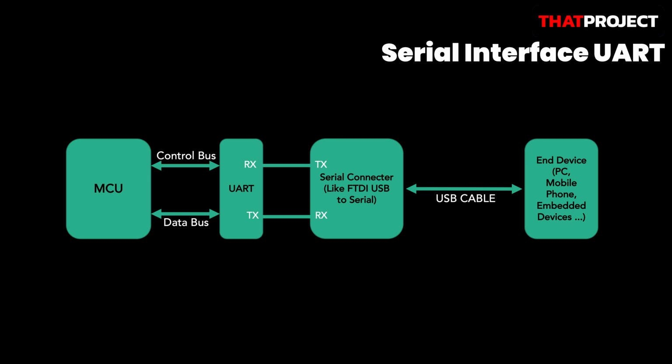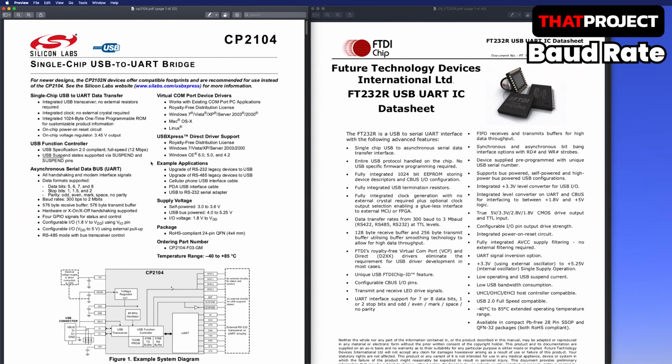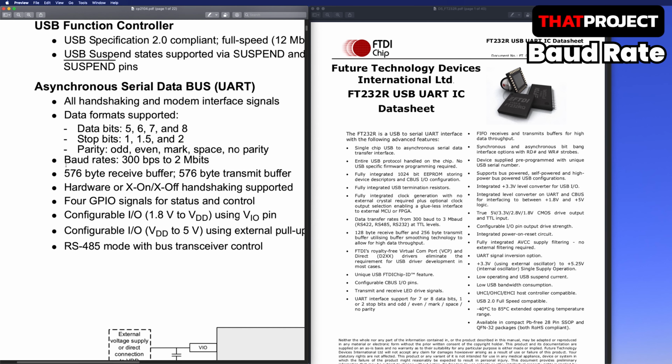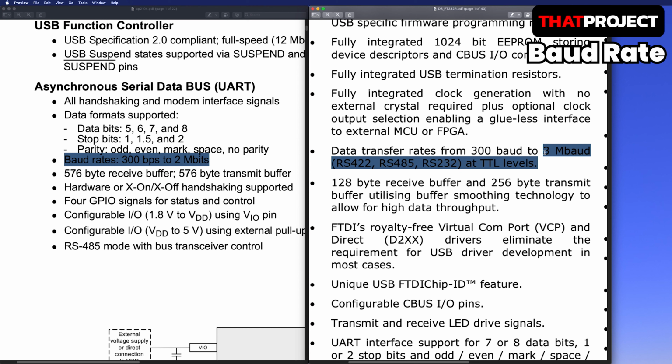Today I'm testing with two devices. These are ESP32cam AI Thinker and TTGO T-Camera Plus. Each has a different USB to bridge chip and maximum transfer rate is different, so I think we can compare those hopefully. First of all, the TTGO T-Camera Plus model used the CP2104 chip from Silicon Lab and the maximum UART speed is 2 Mbps. FTDI programmer used by ESP32cam used FT232R chip and has a maximum UART speed of 3 Mbps.